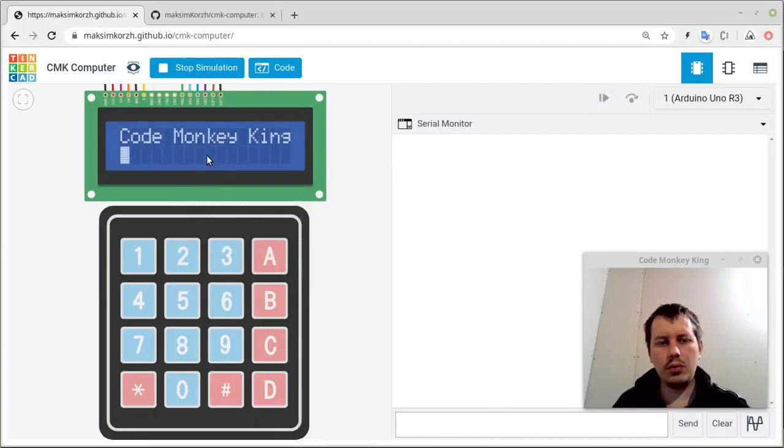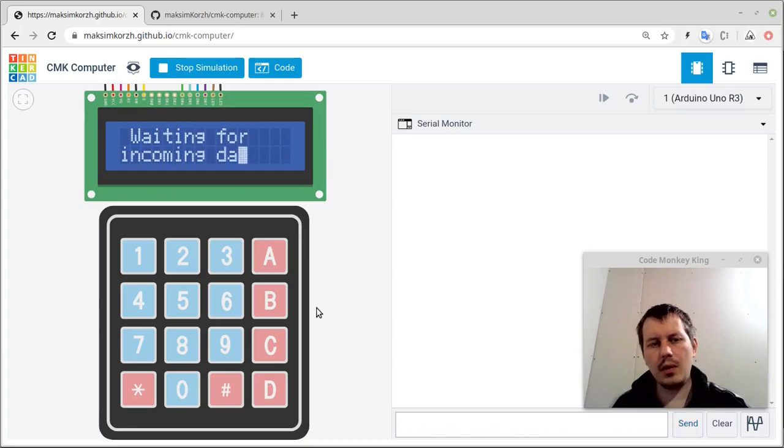So let me just make sure that I did everything properly. Now it should go to the half of the screen, send, and then appear. Oh, I shouldn't be doing this. I just sent first. Well, this is okay on a simulator, but on the real hardware, you really need to first enable the computer to listen to the data and only then send. So another important thing to consider. Okay, here it doesn't work sometimes as well. Let's reset things. That's because I missed the order. So FFFD, paste, send,